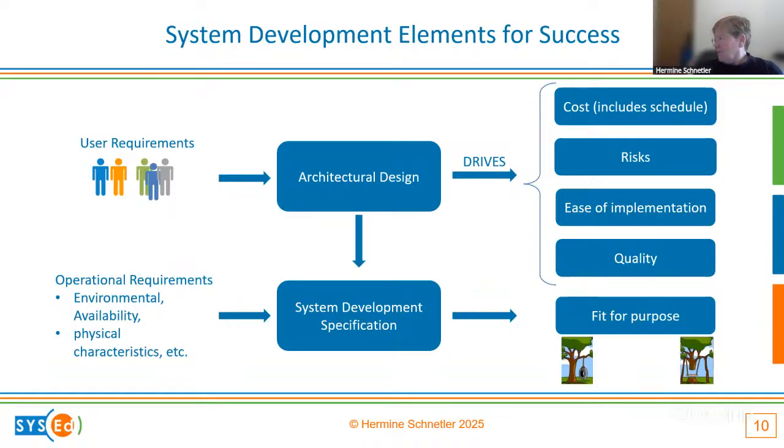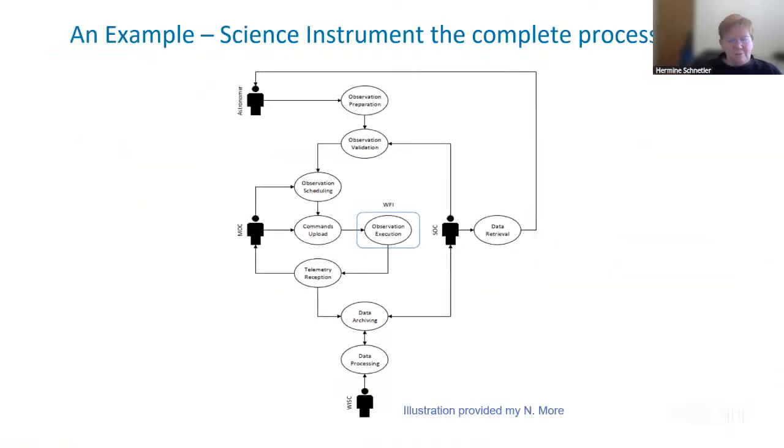So now I am going to really go quickly through an example, because again, people are always asking, can you give us examples of the things I'm talking about? Because I'm working on the wide field imager, and if you are working on a science instrument, in this case astronomy, you can see this very simplified but complete process flow diagram of observation preparation, validation of the observation, and then scheduling that observation.